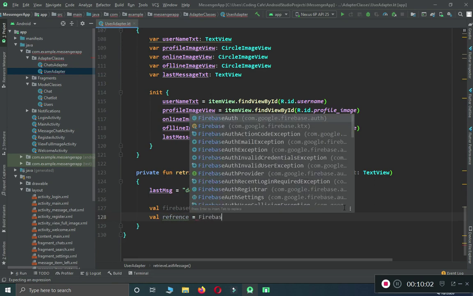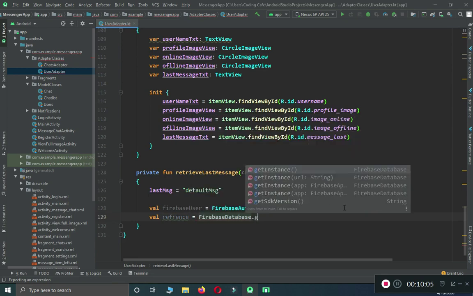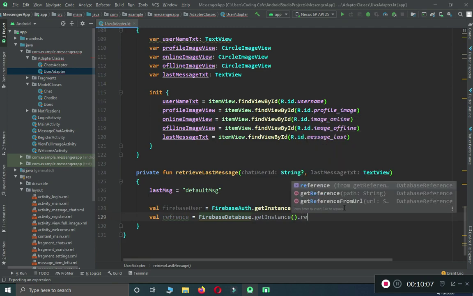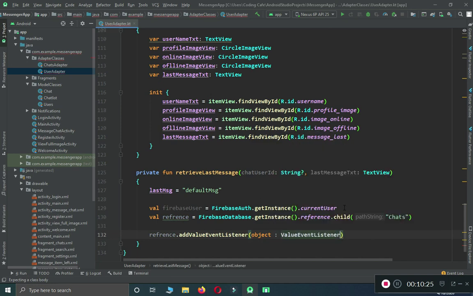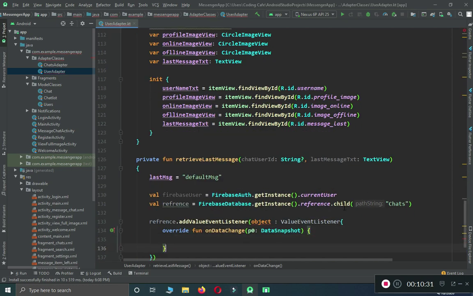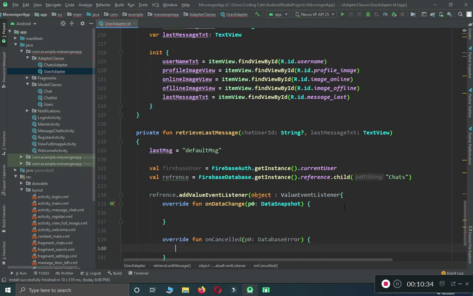Firebase database get instance dot reference dot child chats, reference, value event listener object value event listener, on data change, and then on cancelled. In here